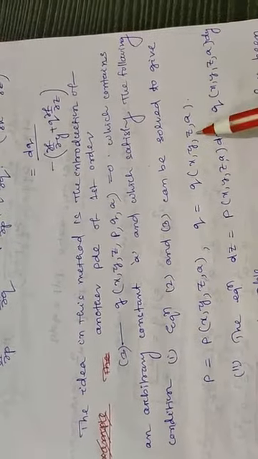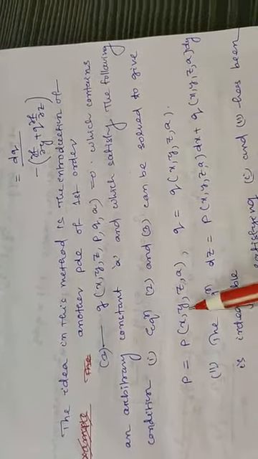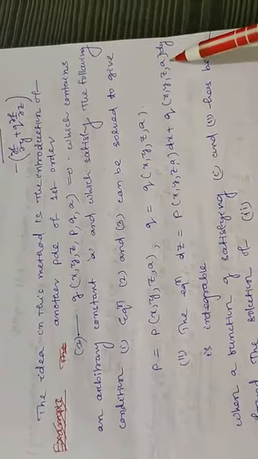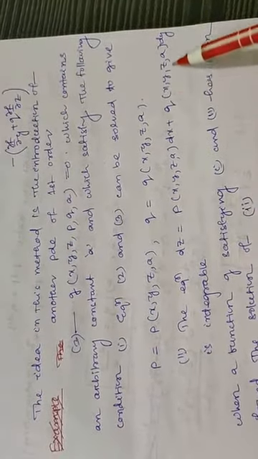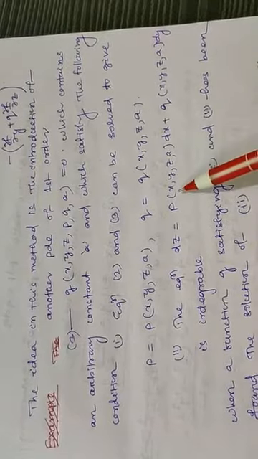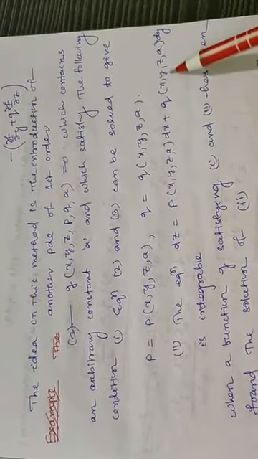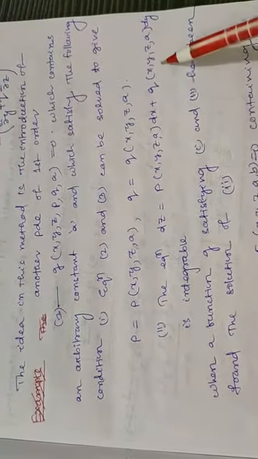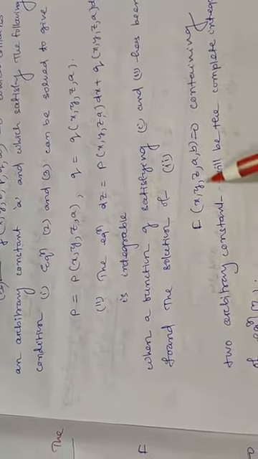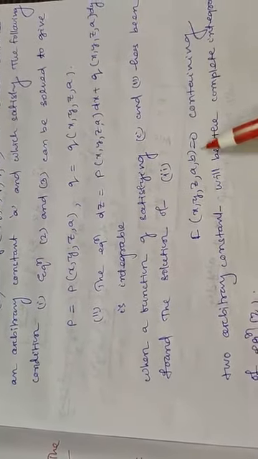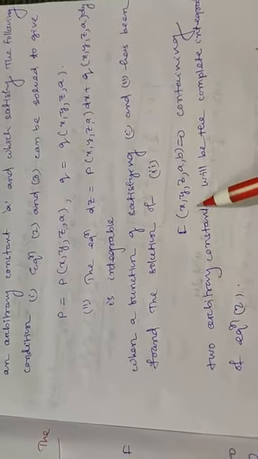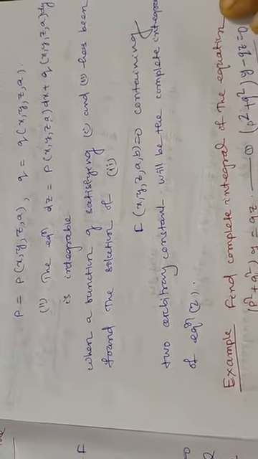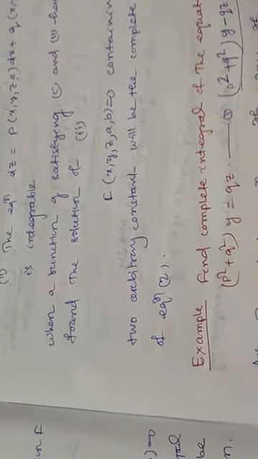After obtaining this p and q in this way, using this result in the equation dz is equal to p dx plus q dy. Here p is a relationship between x, y, z, a, and q is also a relationship between x, y, z and a. Now this equation is integrable. Integrating that, we obtain the solution. Here two arbitrary constants are there. Let us solve one example so that the method is clear.